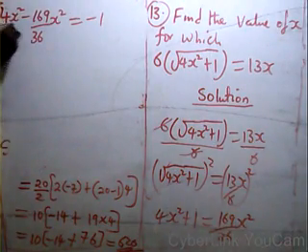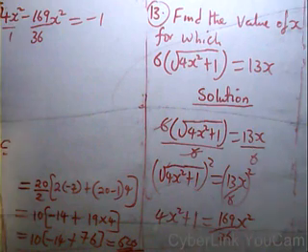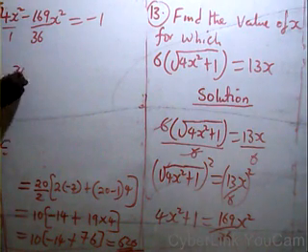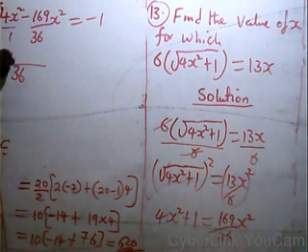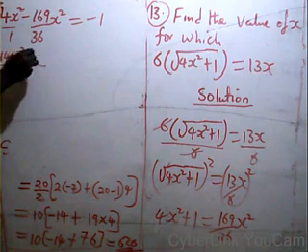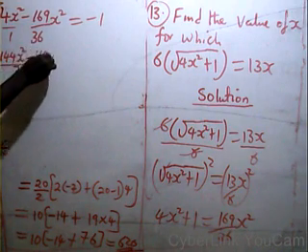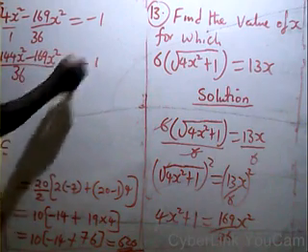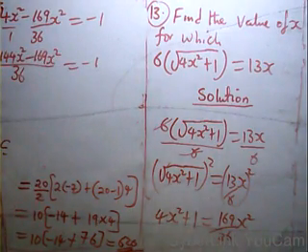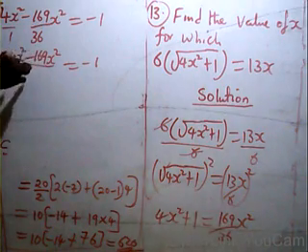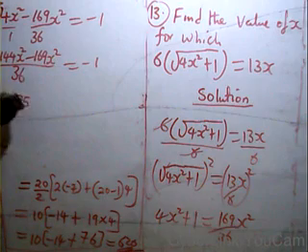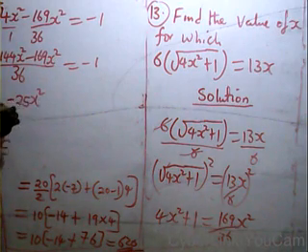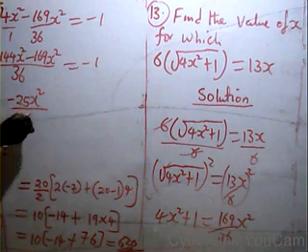So we can look for the LCM of the denominators here. The LCM of the denominators here is 36. Then 1 is 36. 36 times 4, we are having 144x squared minus 169x squared is equal to minus 1. So if you subtract 144 minus 169, it's going to give you minus 25x squared all over 36